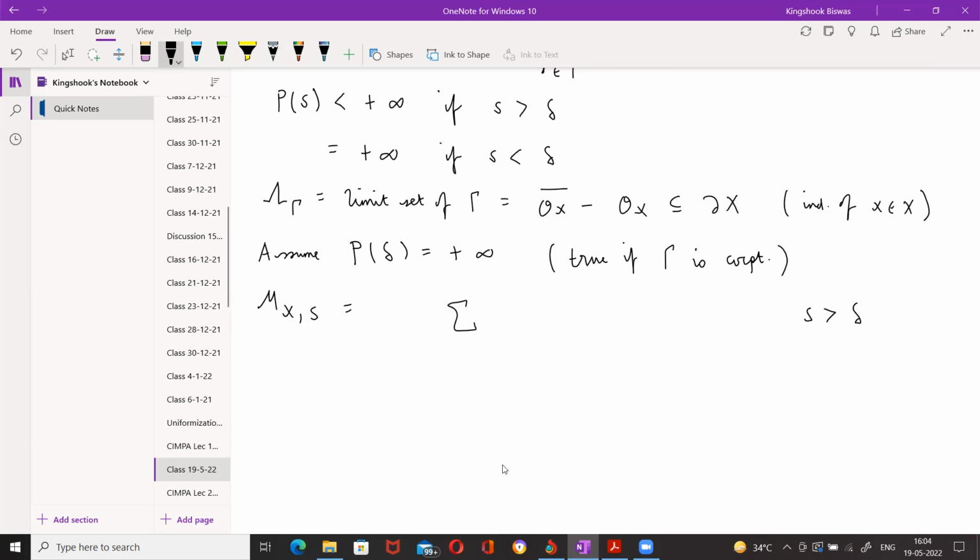So what I can do is I can take points of the orbit of x, and I put Dirac masses at the points of the orbit, and I weight them by the terms which occur in the Poincare series, so e to the minus s distance x gamma x. And so together, I want a probability measure, so I divide this by the Poincare series, 1 over P of s. All right. So then this mu x s is a probability measure